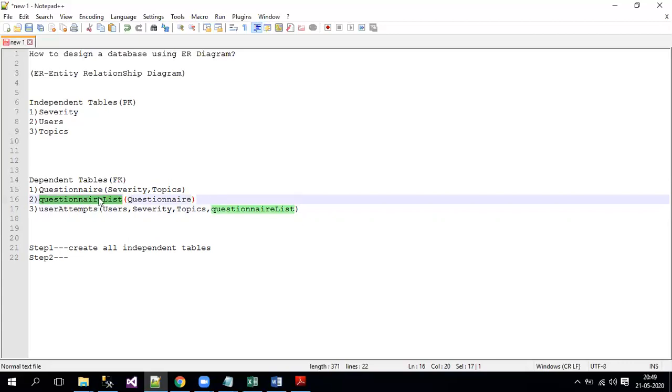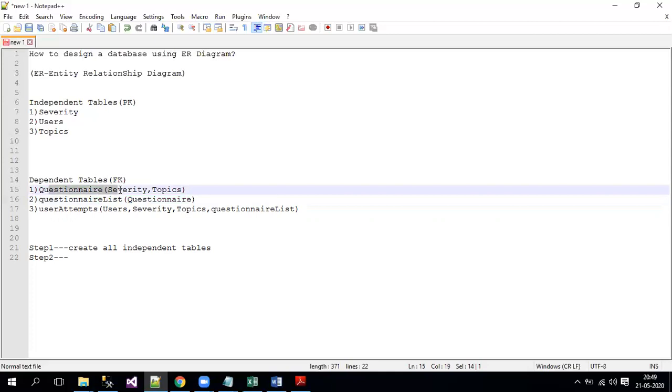When you see this table is depending on the quaternary table, so already the priority for quaternary table is 1, right? So before creating this table, we have to create this table because there is a dependency. Likewise, first of all, you need to understand this dependency and independent tables, and you need to split all these tables and you need to give a priority for that.